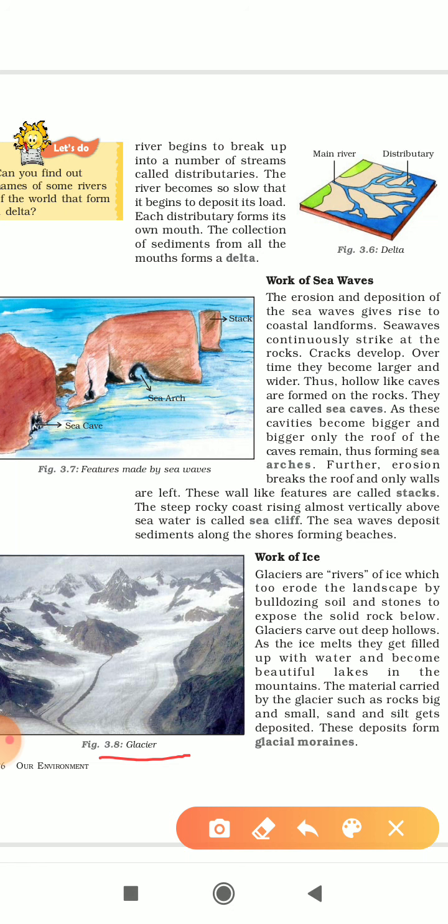So, moving rivers of ice are called glaciers. Their movement down the slope is slow and grinding.